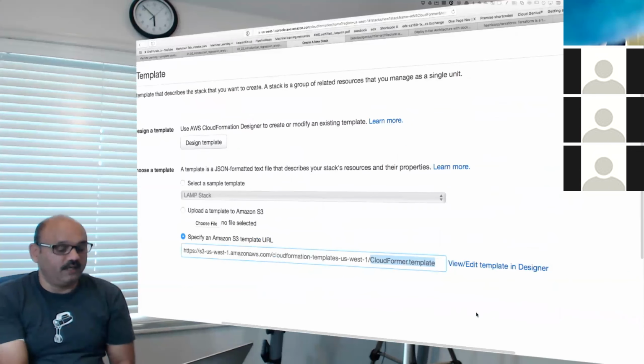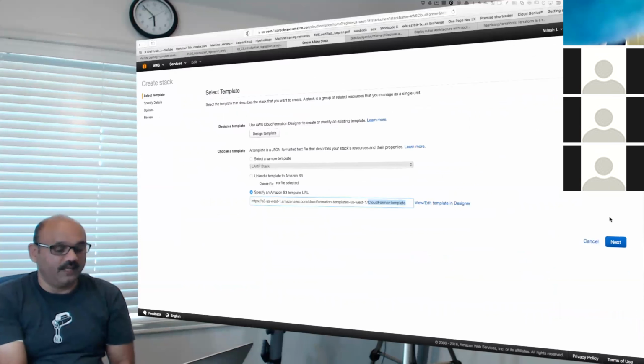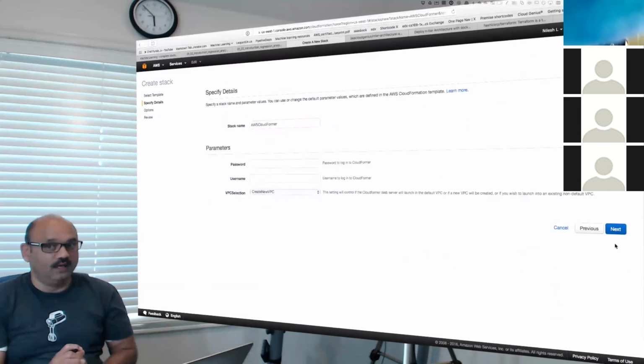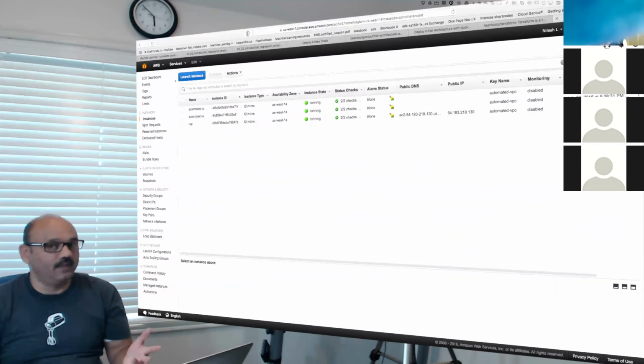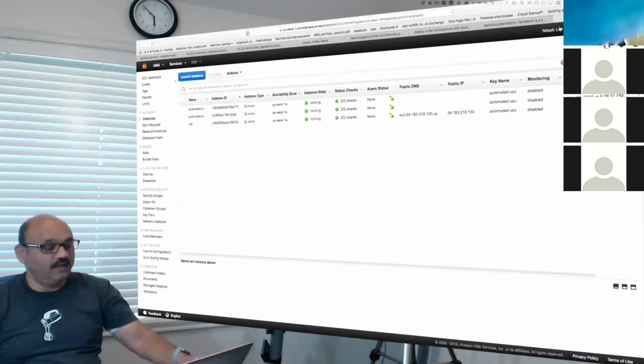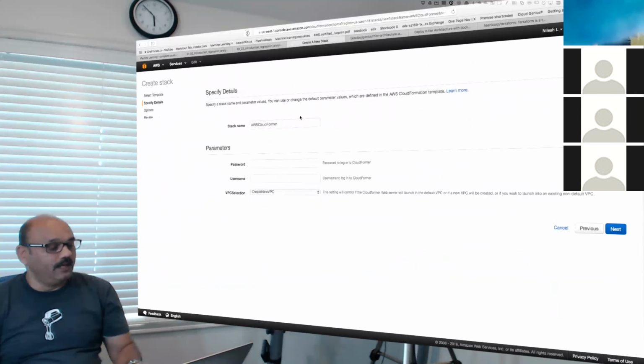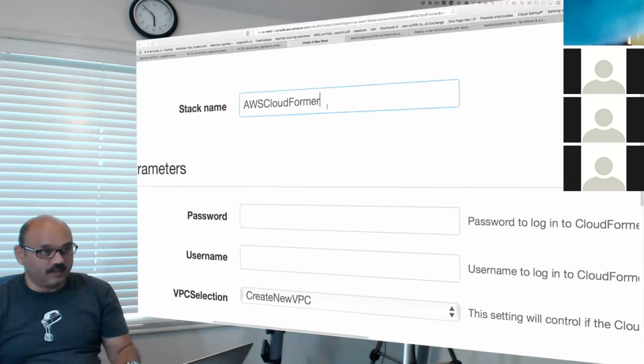When you hit this create button, next, it is actually going to create a new machine in addition to the one you already have here. In addition to whatever you have, it is going to create one more. It will be called the CloudFormer. And we have to give a password and a username.